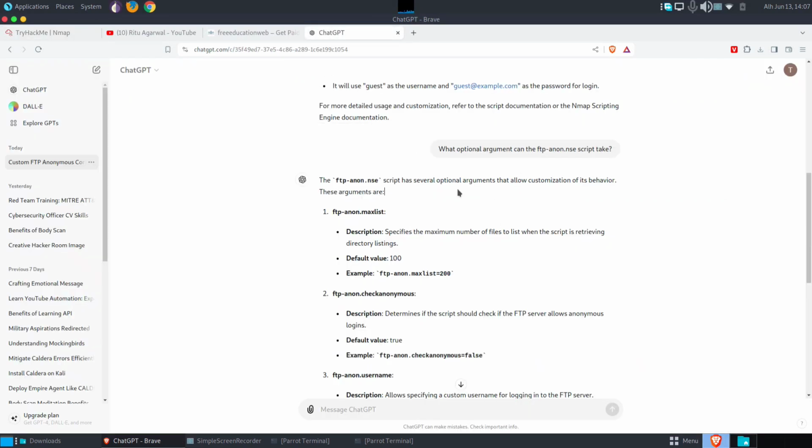it to ChatGPT, and it spit out a lot of stuff, and this one over here was obvious to me, and this is going to specify the maximum list of optional arguments that you can put over there. And as you can see, this is how we can run that particular argument. You can say max-list to 200,